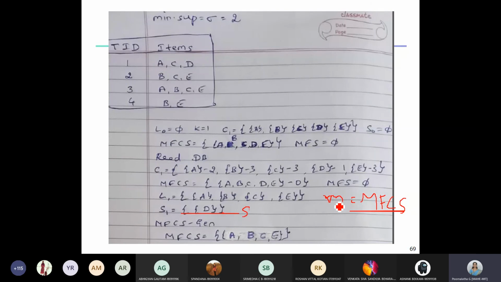If S is a subset of M, if this D is a subset of this M, then MFCS is MFCS minus M. So MFCS is ABCDE, M is also ABCDE, right? So they cancel, and we are left with the empty set for this MFCS. So MFCS becomes empty at this stage.